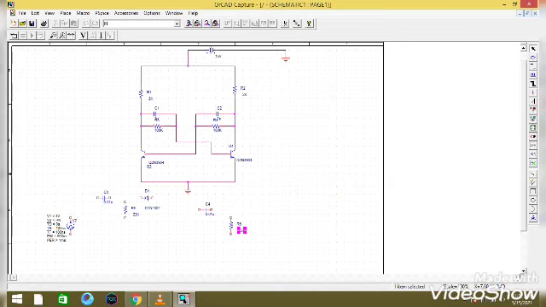Now I am going and taking the place wire and making the corresponding connections. These are connected to the base of the transistor.